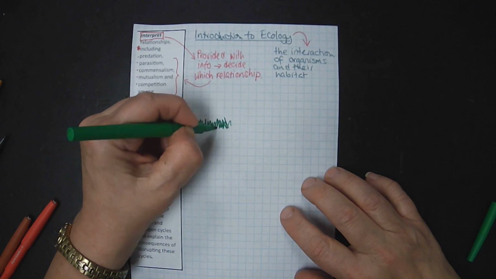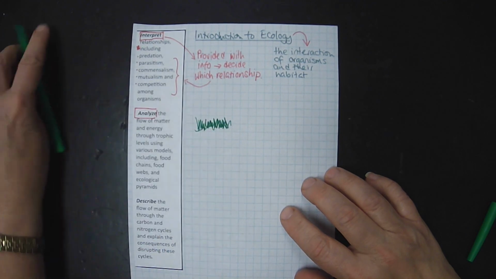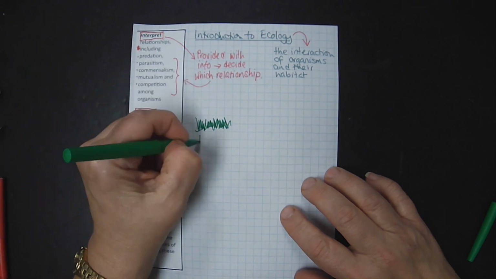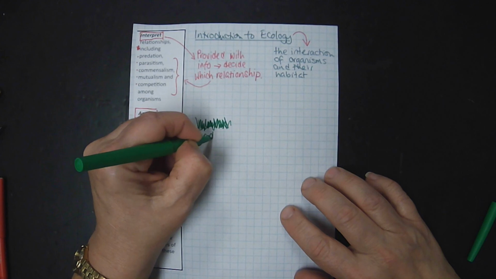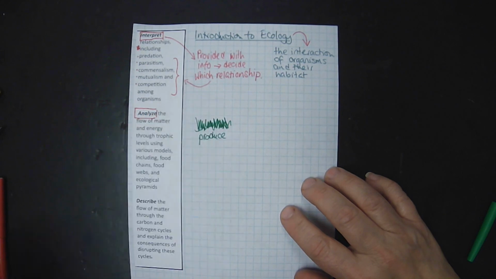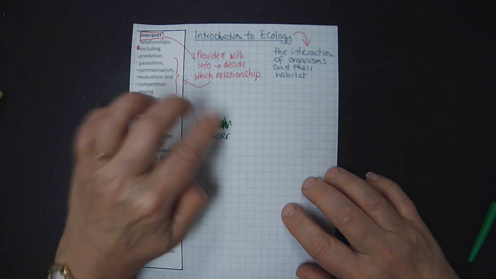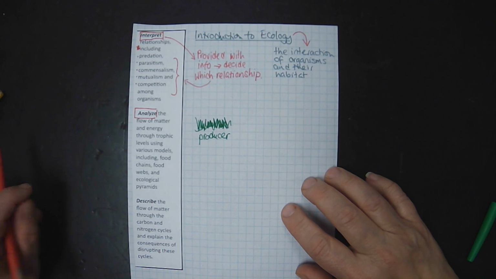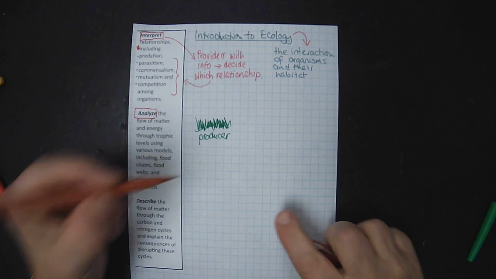So here is some grass. We know grass is a producer, okay? We know that grass takes energy from the sun and converts it into glucose and carbohydrates that help it grow. Here is